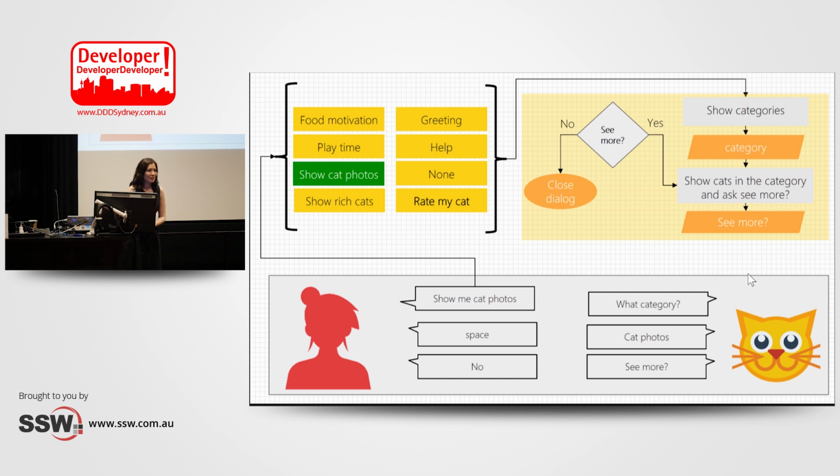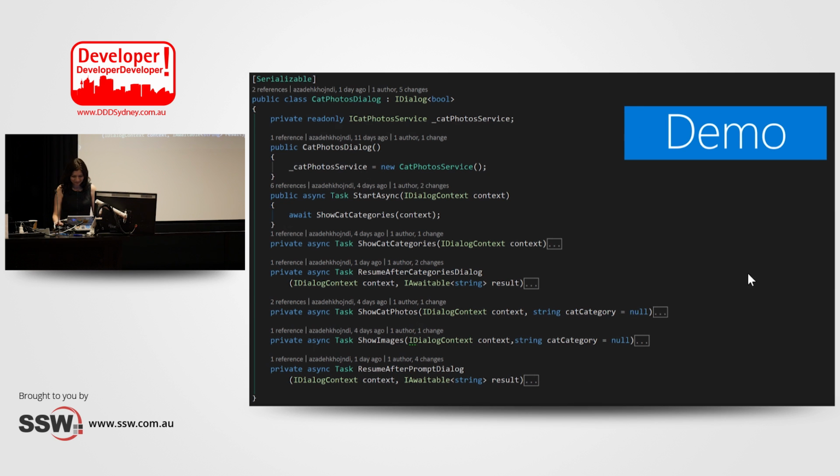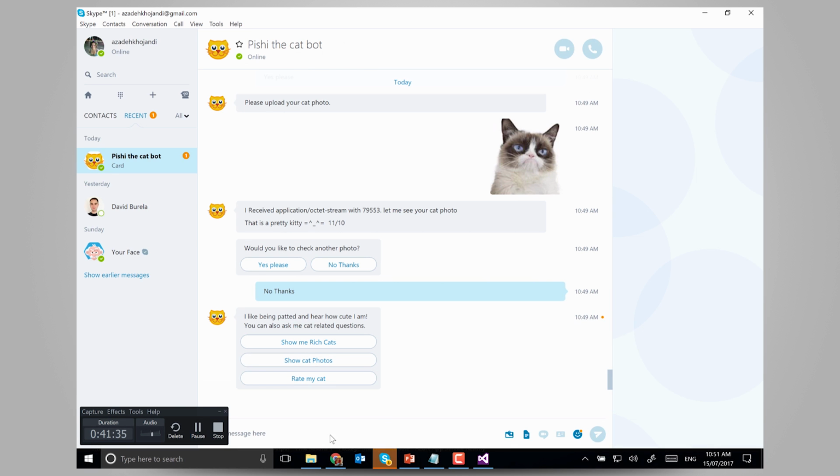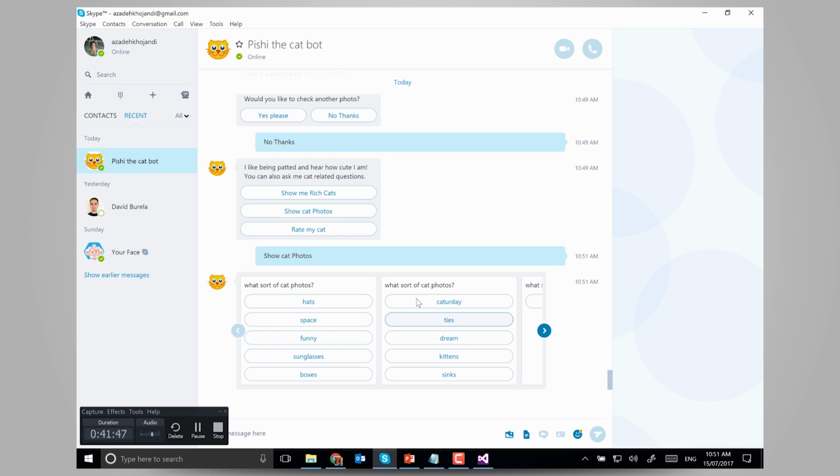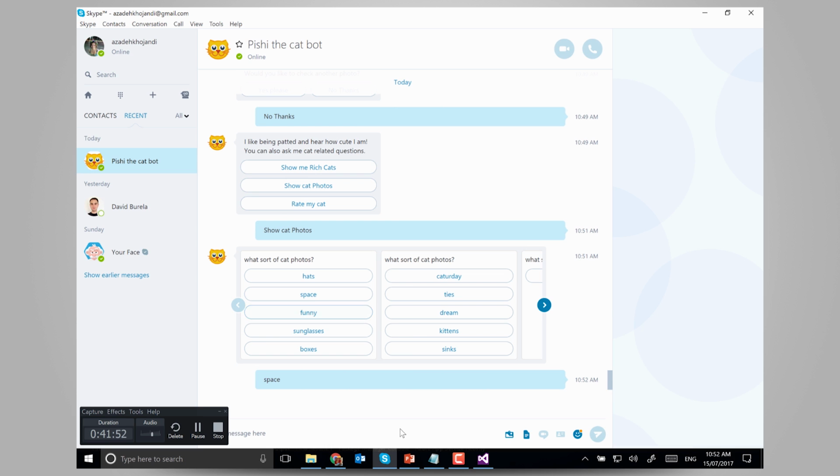And you know what? When you go to your grandparents and they bring the photo albums, you can say, okay, show me my dad when he was 10 or when he was a teenager. So they have different categories. Now with the chatbot, it's exactly the same. So it asks for the category, and if I say space cats, you see, cats in space. It's a thing. So if I say show cat photos, it asks me, okay, which category of cats? The space one is really cute, so I will go with space.